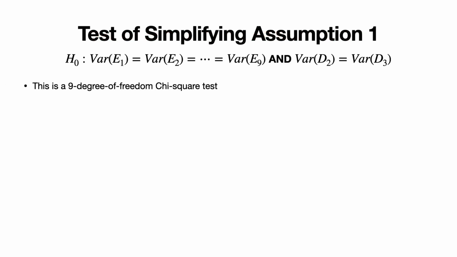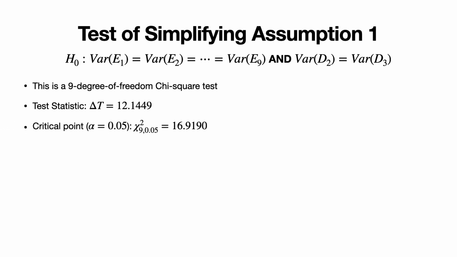And so this is a 9 degree of freedom chi-square test. The value of the test statistic is 12.1449. We're using a 0.05 level of significance, and so because this is a 9 degree of freedom chi-square test, the critical point for the test is the upper fifth percentage point of the chi-square distribution with 9 degrees of freedom, and that's equal to 16.9190. As we've seen, the p-value for this test is 0.20526,